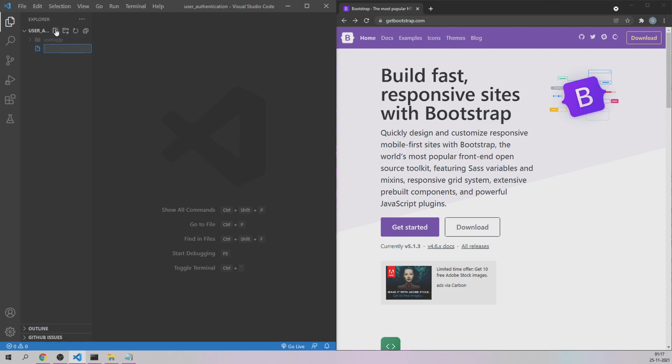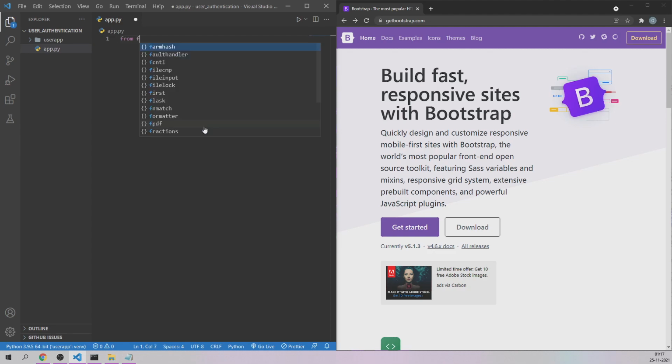First I'll click on this empty space, go to the first option, which is the create new file option, and let me name my first file as app.py. This is going to be the main file which is going to run the entire application. The first statement I'm going to write is from flask. This is the Flask library. I want to import a class called Flask. Please note that class names are given in capital, so F is capital over here. So we have successfully imported the Flask class.